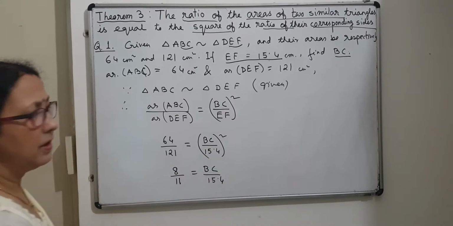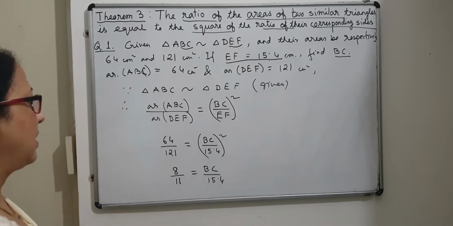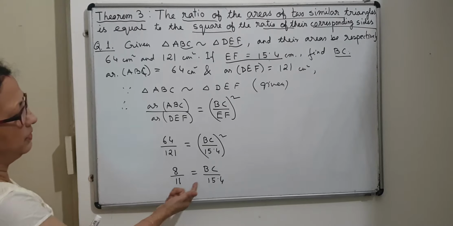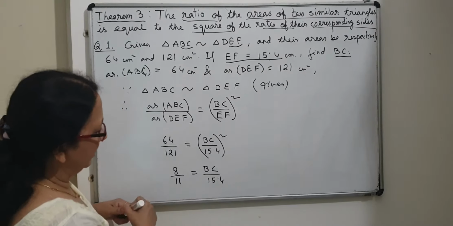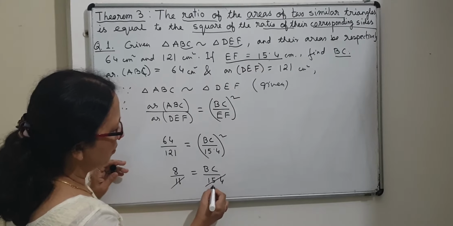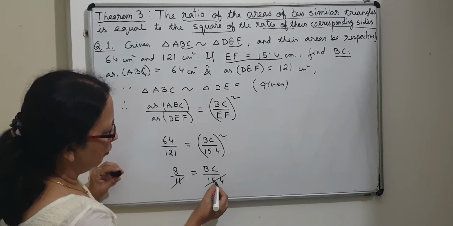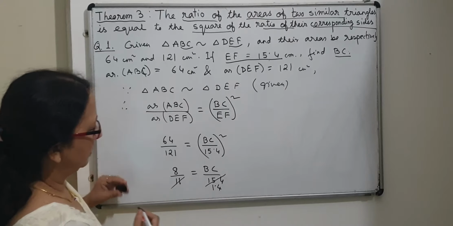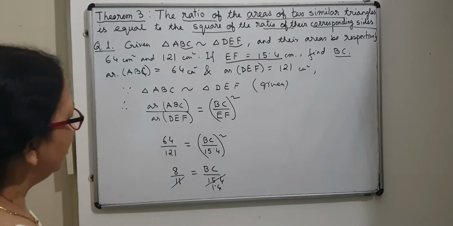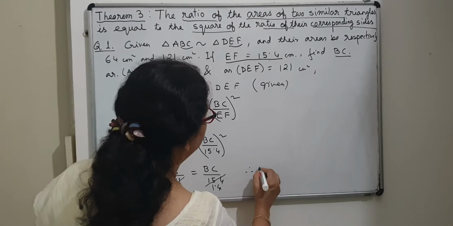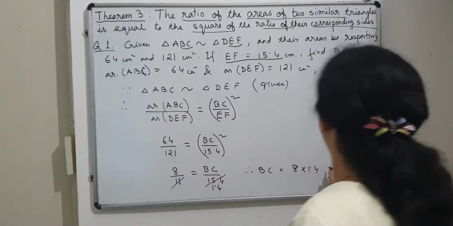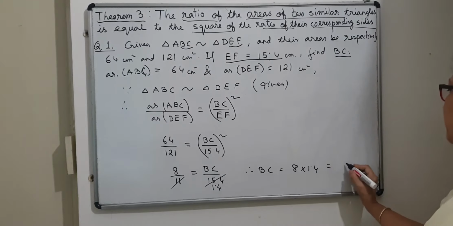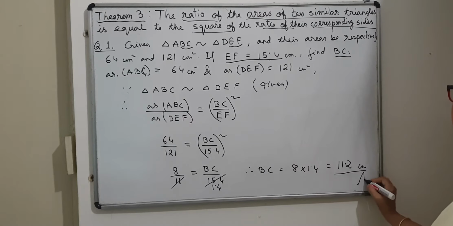So in this way we can minimize our time and labor. Now it is very simple. We can find BC: 8 into this by 11. And again I know it will go by 11. If you look at these numbers, 11 ones are 11, 4 is left, so 1.4. So this becomes very easy. Therefore BC is equal to 8 into 1.4. And if you know the tables, it will be 112, I think. So it is 11.2 centimeters as the answer.